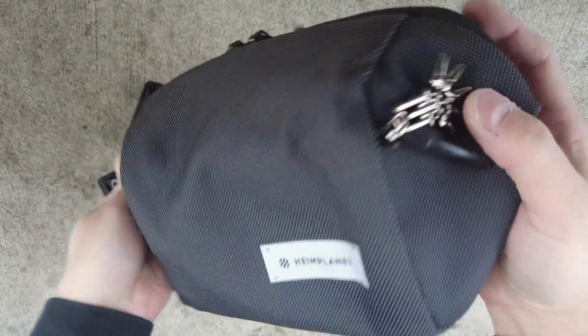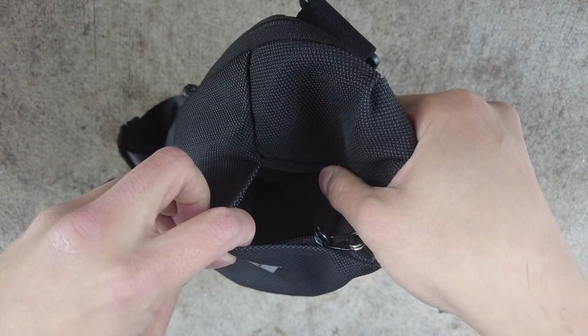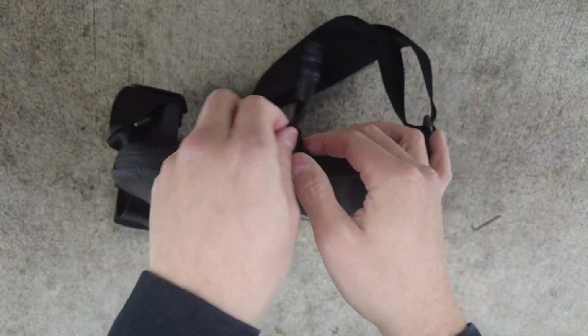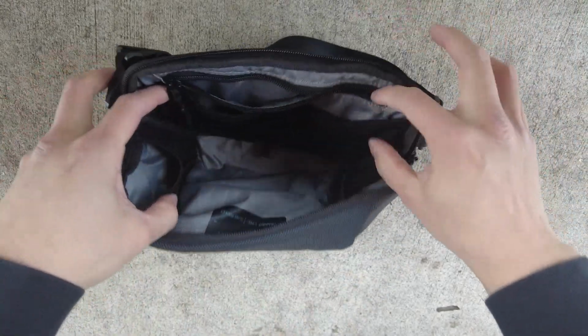This only comes with 2 pockets. There's one side pocket here in the front, and this front one is actually lined with microfiber, so you can put your sunglasses in there or whatever you want. Quite nice. On the main pocket here, as we open this up, you can see this clamshell is open,